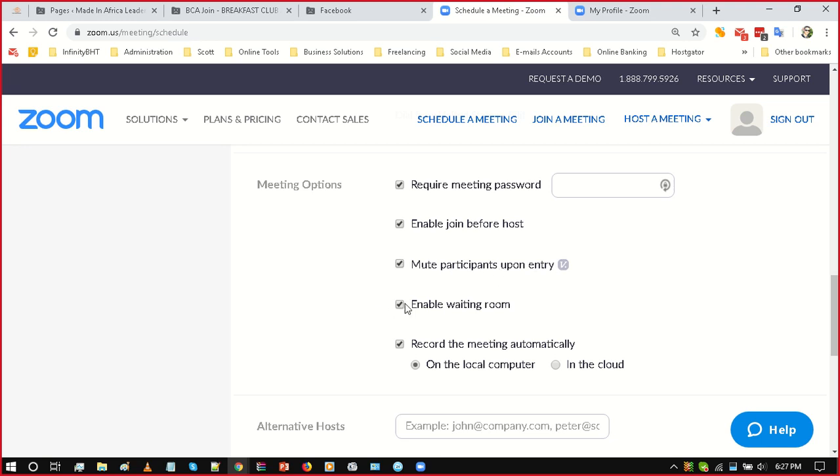That's very good. Fourth, enable waiting room. This is in case you want people to be able to come to the meeting even before you have started. If you activate this, people will be on the waiting list and you will have to admit them to enter the meeting. To do so,